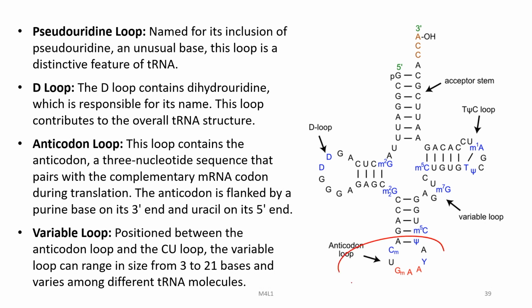Then there is the anticodon loop. This loop contains the anticodon, a 3 nucleotide sequence that pairs with the complementary mRNA codon during translation. The anticodon is flanked by a purine base on its 3' end and a uracil on its 5' end. Then there is this variable loop, which is positioned between the anticodon loop and the T-C loop. The variable loop can range in size from 3 to 21 bases and varies among different tRNA